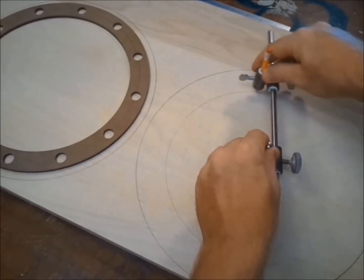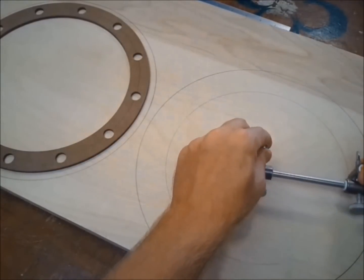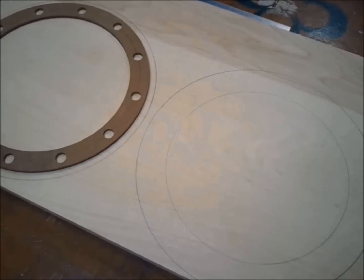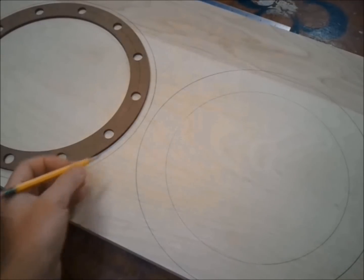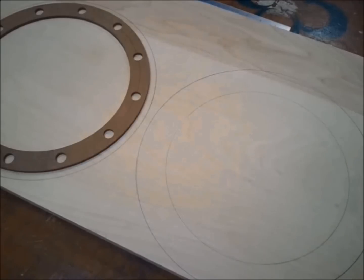At this point, everything I do I'm going to be doing twice, because I'm making an exact copy on both circles. You also want to draw a circle that represents the outside of the cage as well. Don't just set the cage in place and trace it. Make all new circles with the compass. If you have any imperfections in your cage, you don't want to transfer them to the new pieces that we're